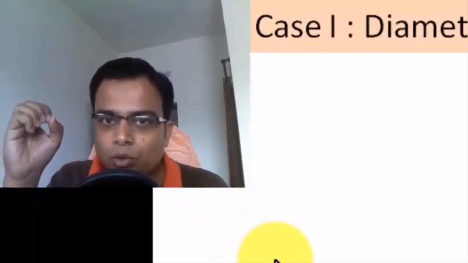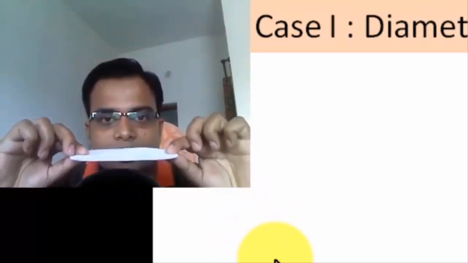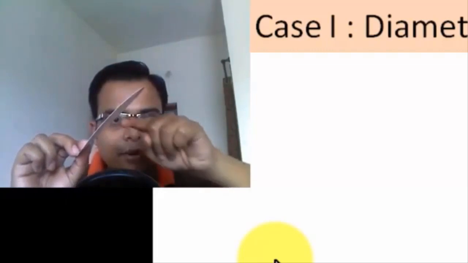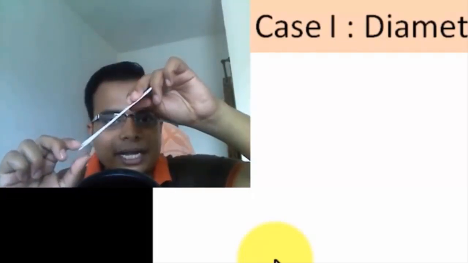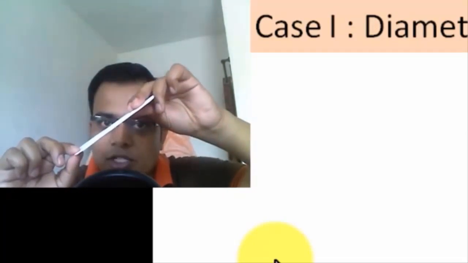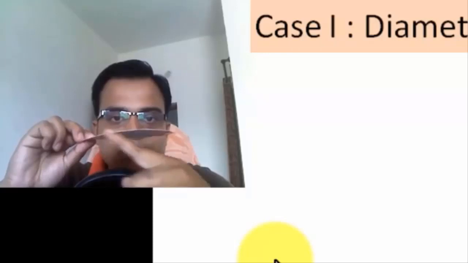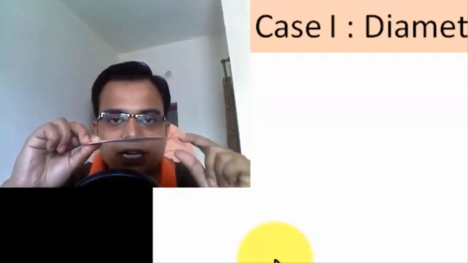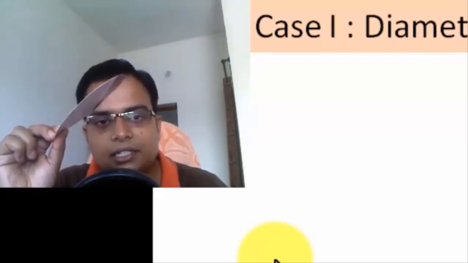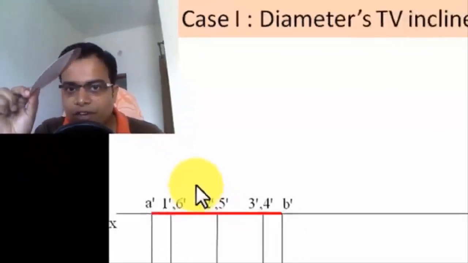In step 2 we have to apply the surface inclination. If you watch carefully, the surface has got to incline itself with the horizontal plane, making sure that this point A remains grounded, or remains in contact with the horizontal plane. So what we're going to be doing is, this was the front view, that is a line. We are going to recreate this line at an angle of 45 degrees, and in that sense we'll have the surface getting itself inclined at an angle of 45 degrees.